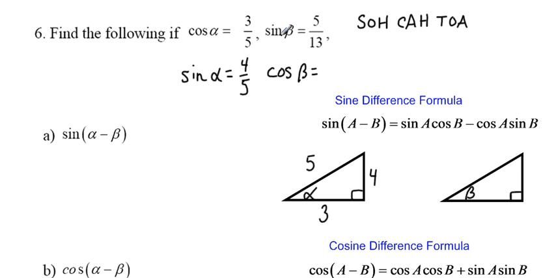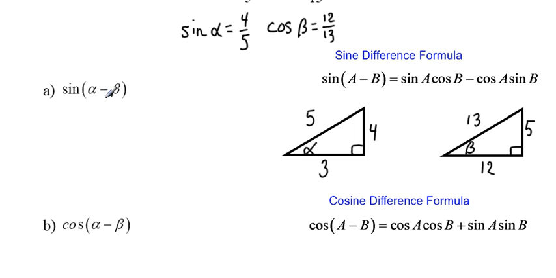Next up, we're told that the sine of beta is 5/13. Now, once again, the ratio for sine is opposite over hypotenuse, so the 5 will go on the opposite side to angle beta. 13 will go on the hypotenuse. And we can use the Pythagorean theorem, or we can recognize that this is also a Pythagorean triple, so this adjacent side must be 12. Therefore, the cosine of beta is 12/13. Now, we have everything we need in order to solve